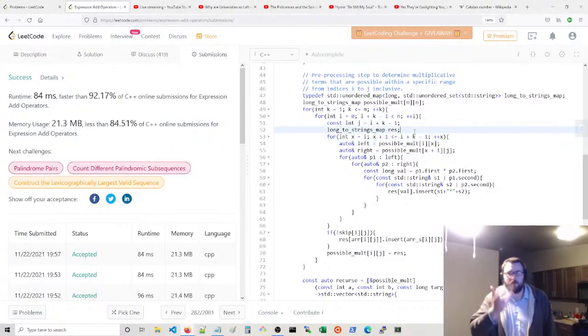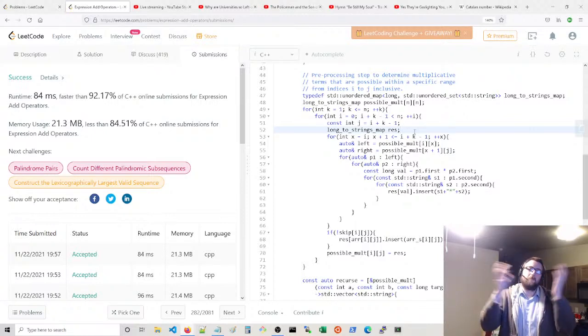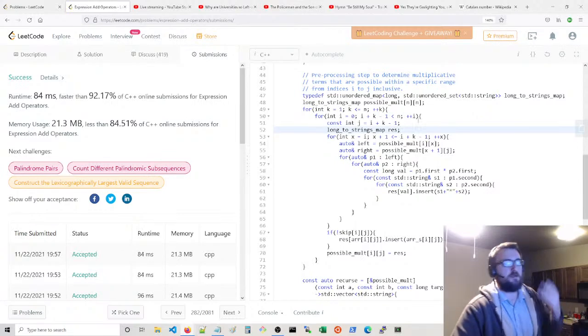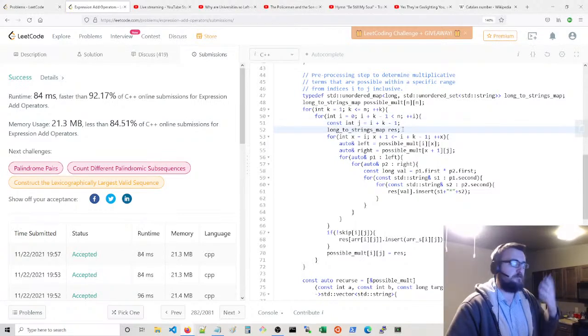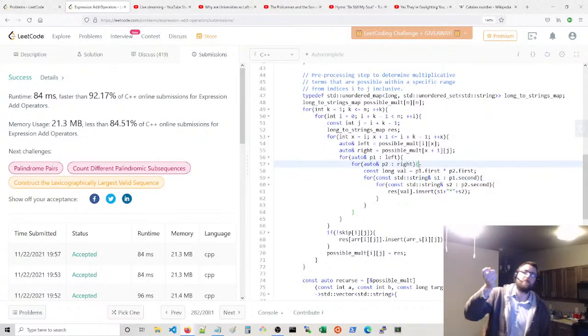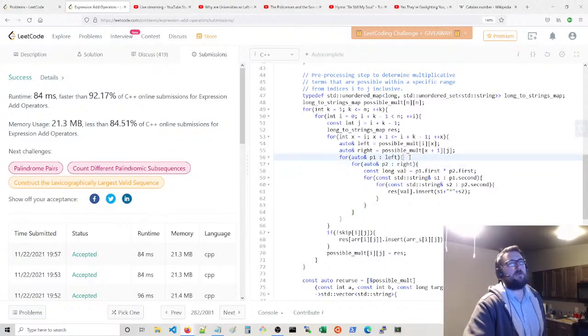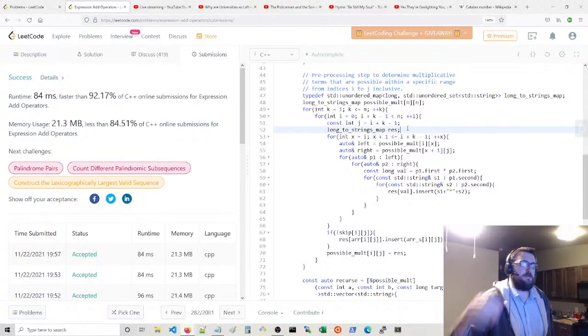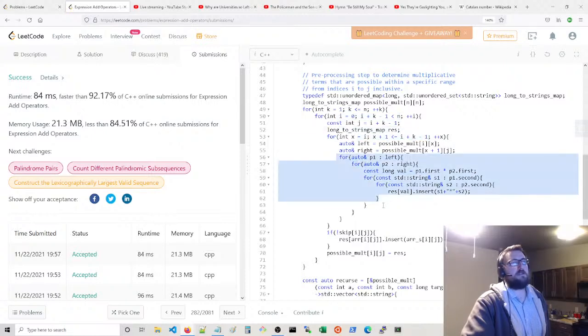So yeah, this is a very efficient way to figure out what all the possible multiplicative numbers could be, or is efficient for this problem, and it's kind of involved because you're both calculating the numbers and the strings and associating the strings to the numbers. It's not too hard to figure out what's going on with that explanation, but it's also a dynamic programming solution too. So it has three loops going on here,